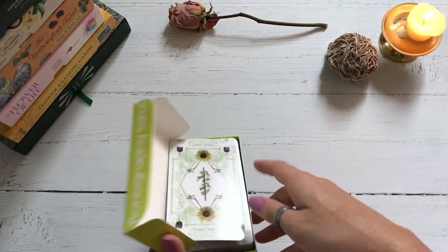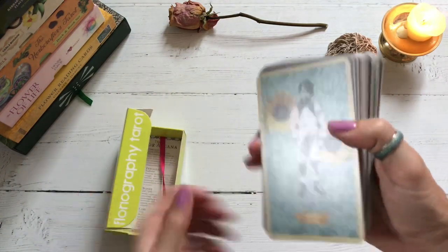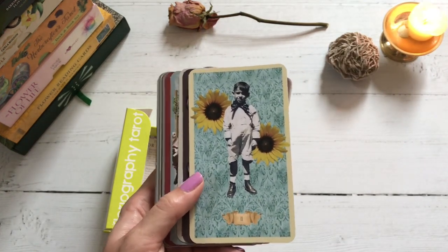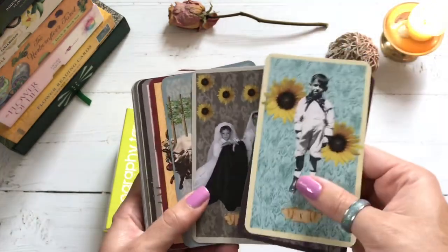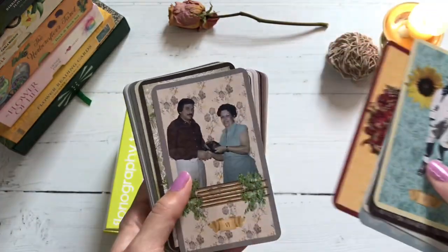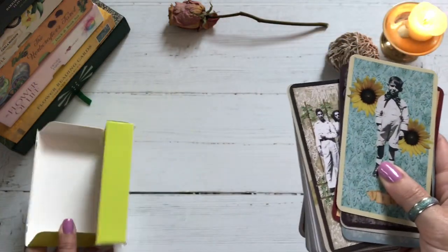I love the depictions of family members, because this has a lot of family members in there, but the focus is on flowers, hence Floriography Tarot. She's renamed a lot of the suits, so you'll see there's a particular flower for swords and for cups and for pentacles and for wands. And yes, this does have people in it, but